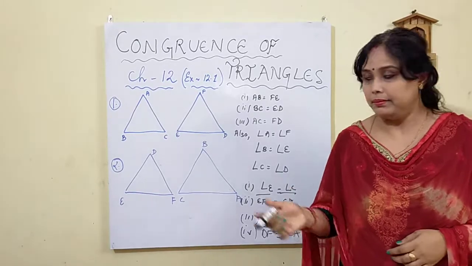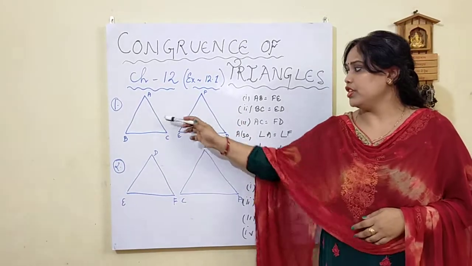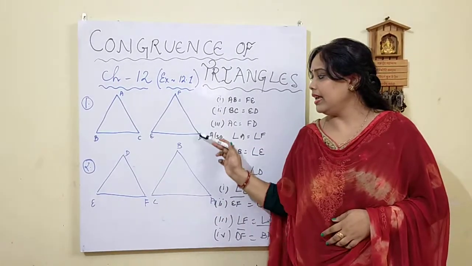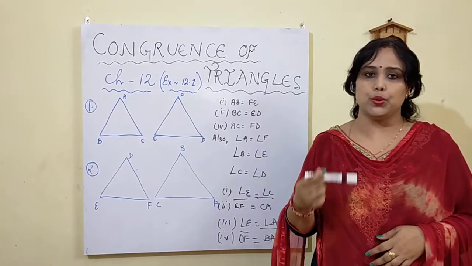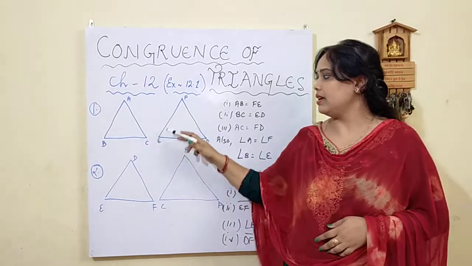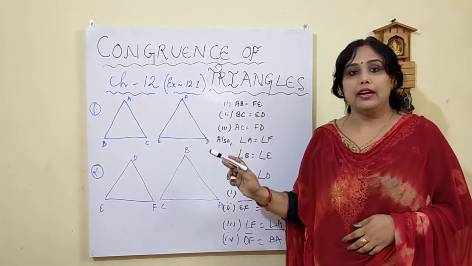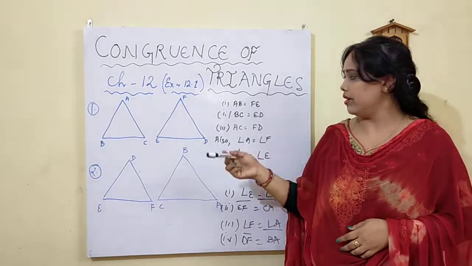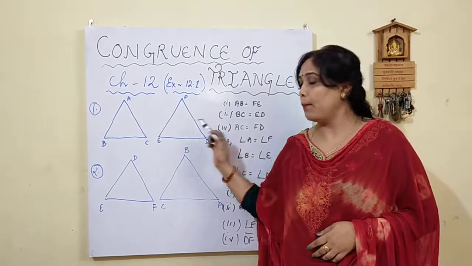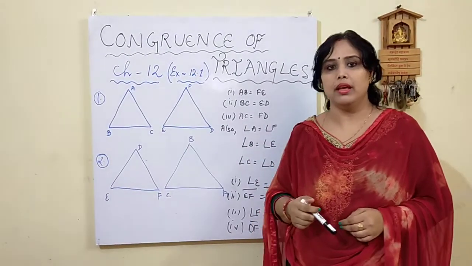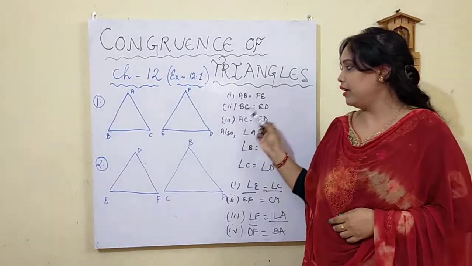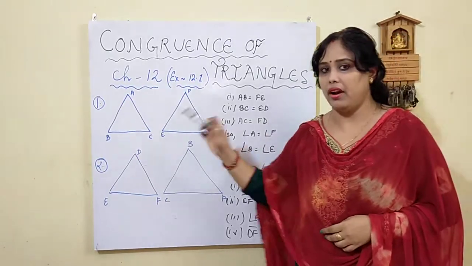So let's get started. Now here you see question number 1 is telling us there are two triangles ABC and DEF. But the congruence is shown such that A is equal to F. That means ABC is congruent to FED and not DEF. Because children, if it would have been DEF, then the congruence of the corresponding parts would be different. Let's see how. Now here it is asked to show the different congruent parts of the two triangles.